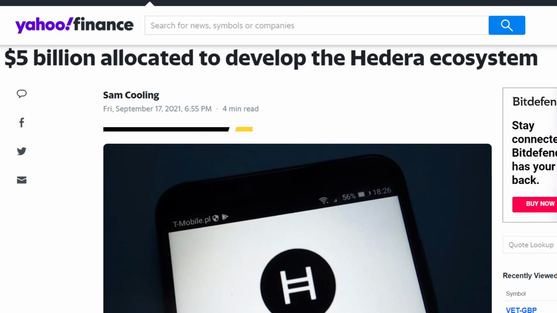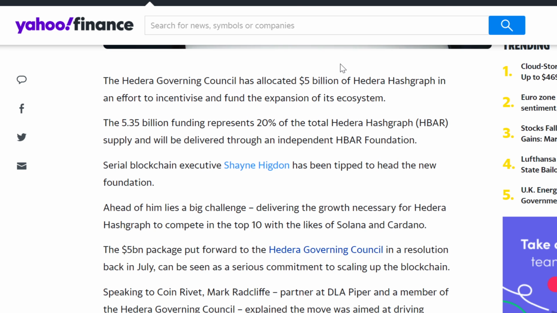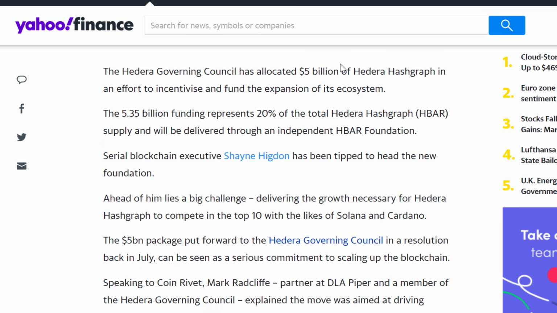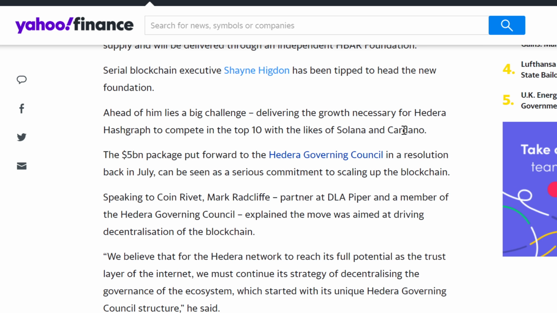Now, 5 billion allocated to develop the Hedera ecosystem. So this has traveled all over the world. It came out Friday. The Hedera Governing Council has allocated 5 billion of Hedera Hashgraphs in an effort to incentivize and fund the expansion of its ecosystem. The 5.35 billion funding represents 20% of the total Hedera Hashgraph supply and will be delivered through an independent Hbar foundation. Serial blockchain executive Shane Higdon has been tipped